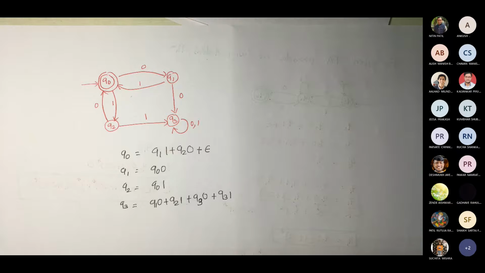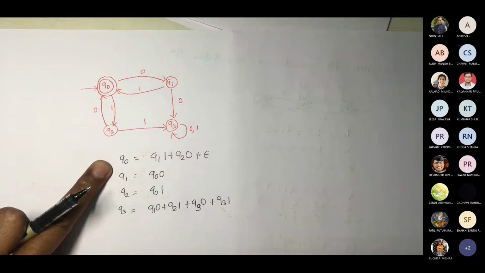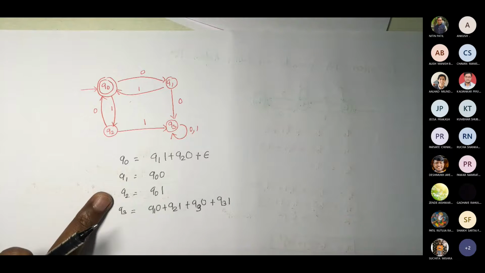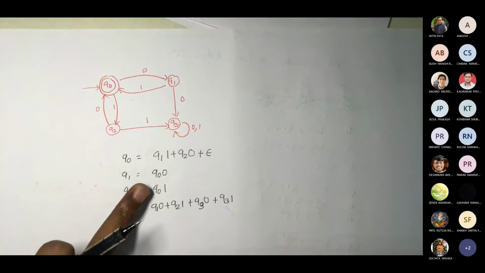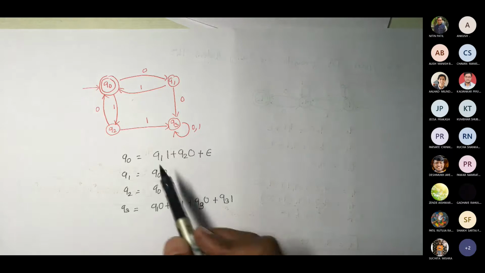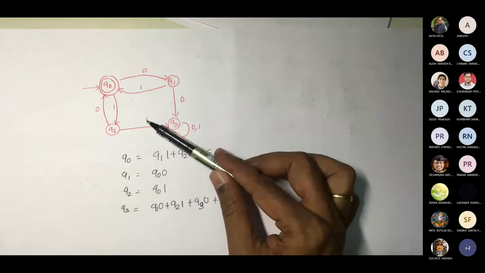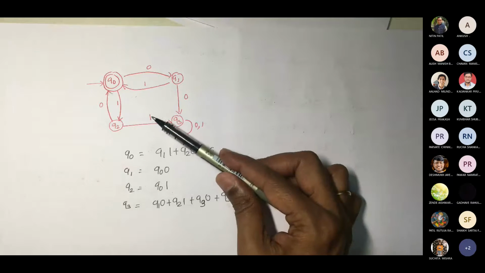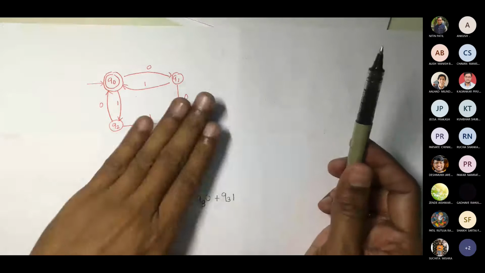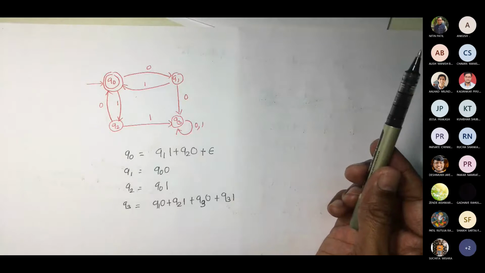Now, which is your final state? It's Q0. Correct. So we have to solve the equation for Q0. Q1 and Q2 are in the form of Q0, so this is a very simple example. Now you will see that we never use this Q3 for the final state. So this is a dead state. Even if this is not there, it's okay. Even if I delete this whole part here, it's okay. Even if it is there, it is not creating any issue.